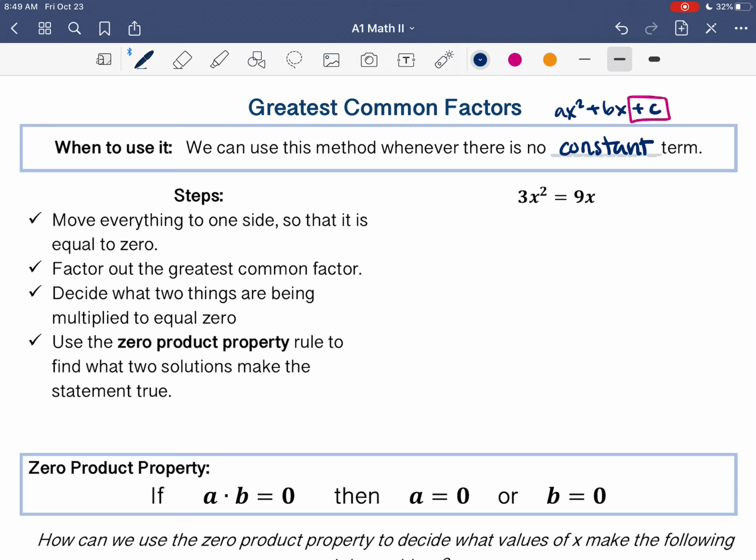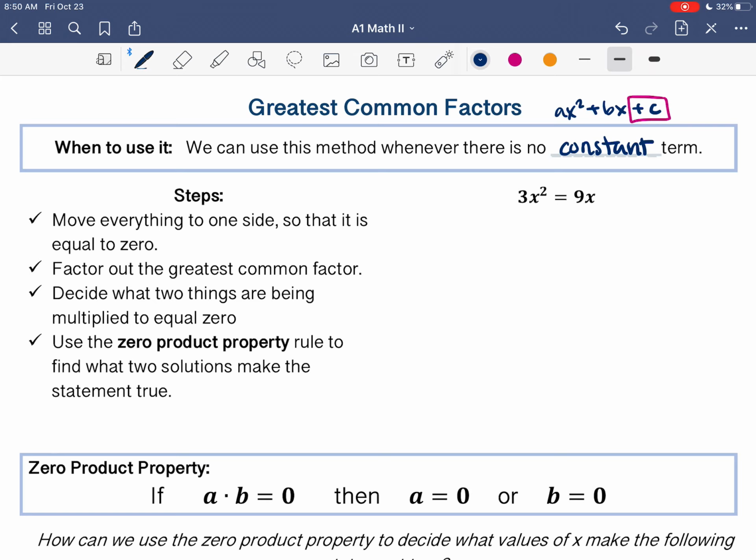If we were just to not look at those steps and be like, okay, I need to solve this, 3x squared equals 9x, I would want to isolate the x, right? So I immediately run into a problem because what do I have? I have two terms with x's in them, which makes it very hard, in fact impossible, to isolate the x in this whole equation, right? Because you end up with two x's, they're each in separate terms, and you can't combine those terms because they're not like terms. So we immediately run into a problem,